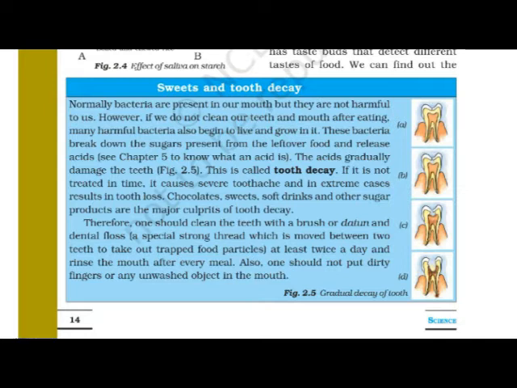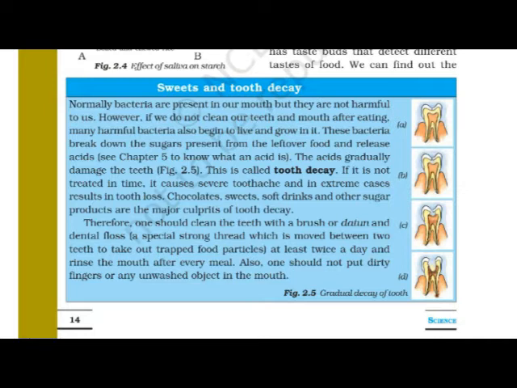Do you know the functions, some of the functions of the tongue? For what purpose do we use our tongue? Yes, now I'm talking with you. So the first purpose is that we use the tongue for talking. Besides, it mixes the saliva in the food during chewing and helps in swallowing the food. Okay, we also taste the food with our tongue. See here, various uses are there for the tongue.